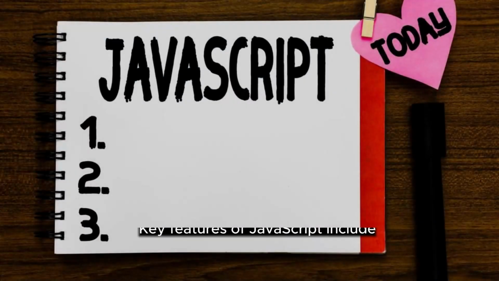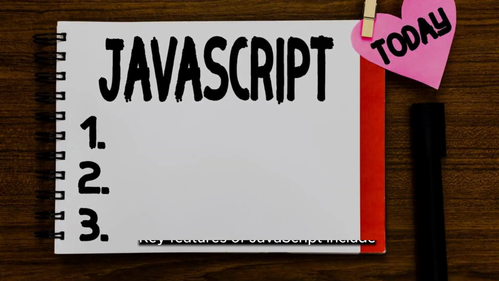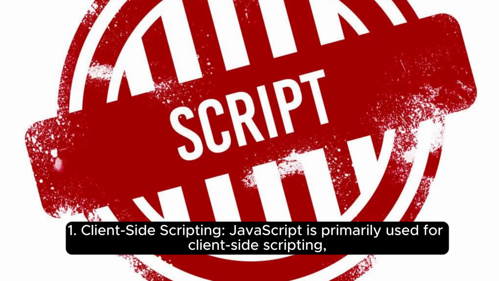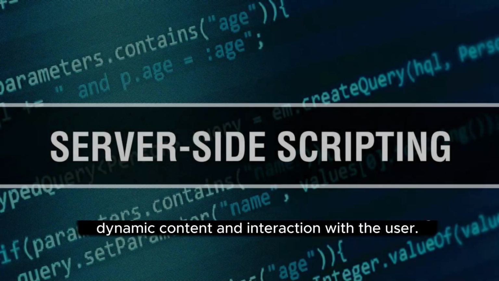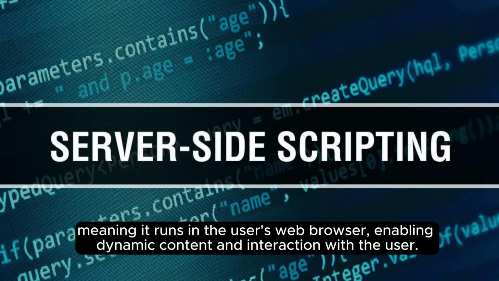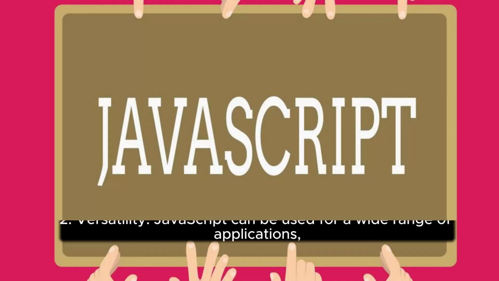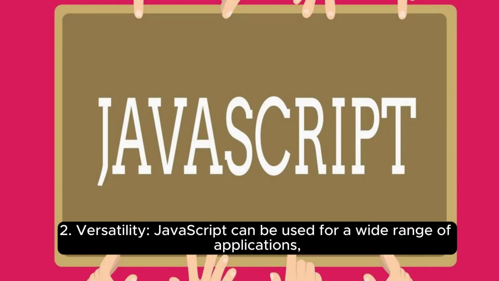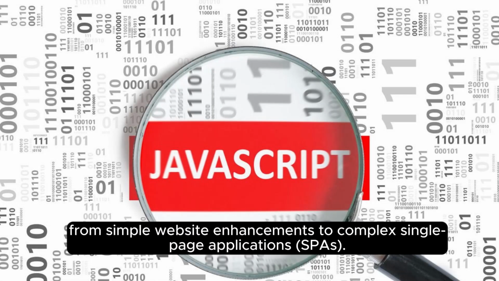development. Key features of JavaScript include: 1. Client-side scripting. JavaScript is primarily used for client-side scripting, meaning it runs in the user's web browser, enabling dynamic content and interaction with the user. 2. Versatility. JavaScript can be used for a wide range of applications, from simple website enhancements to complex single-page application